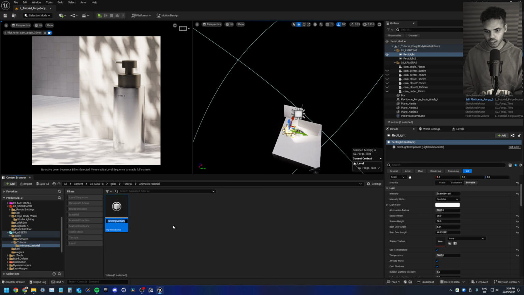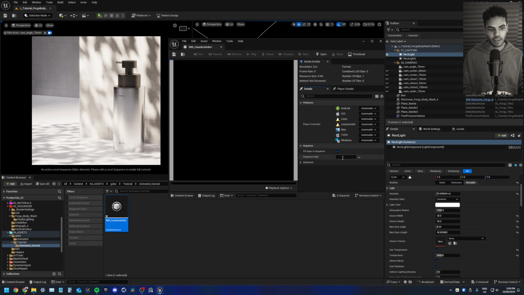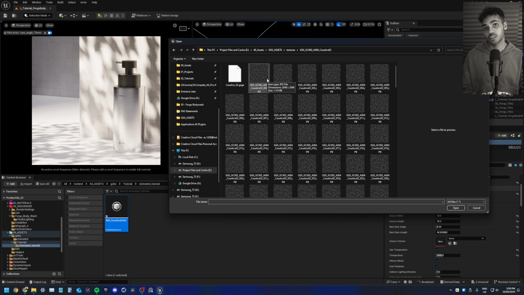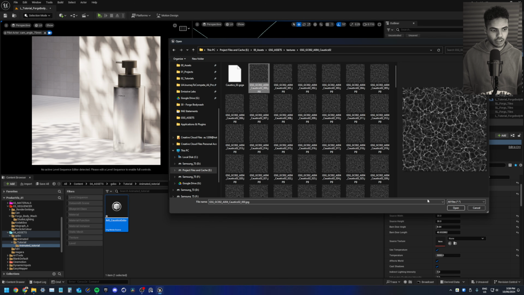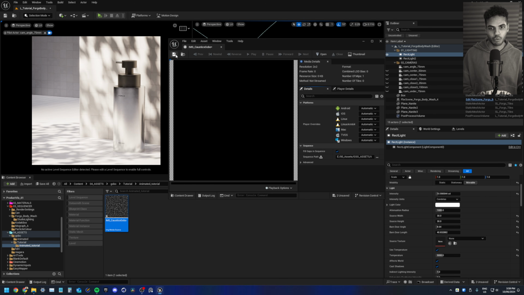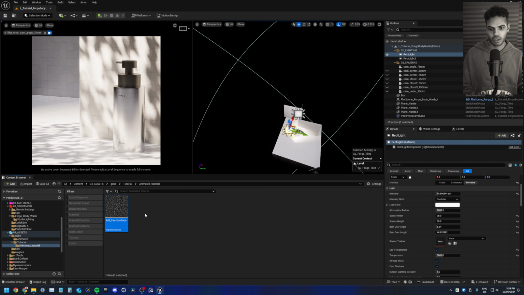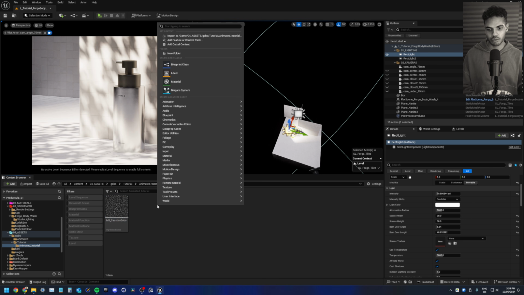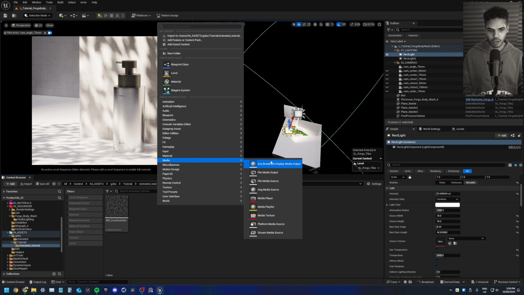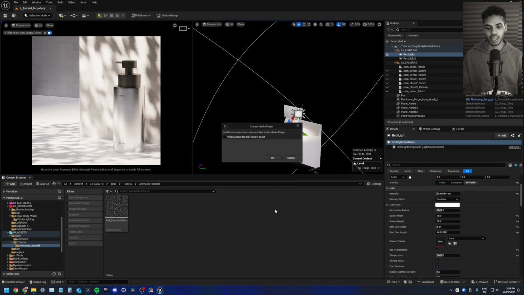I'm just going to call it IMS for image media source underscore caustics gobo. Double click it and then find your sequence path. So this is my sequence path. I'm just going to select the first one and hit open. And once you've done that, with this selected, right click media. I don't know if you need it selected, by the way, but right click media player, and then check video